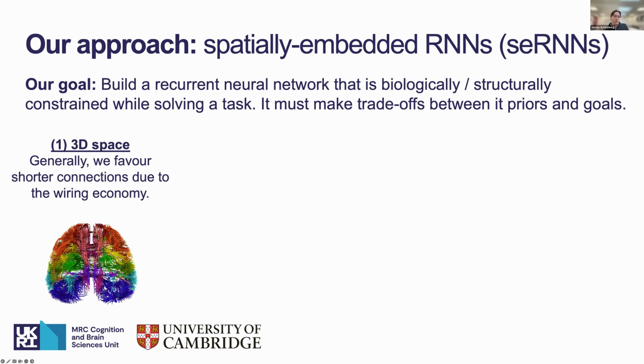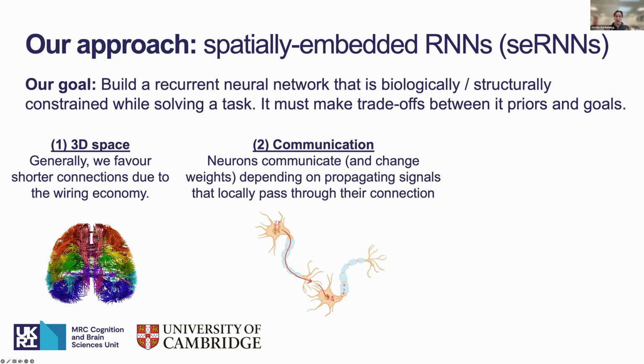The other thing is that while the brain tries to avoid the very expensive long spatial connections, it is, at the end of the day, a network which wants to communicate, right? So communication has to somehow be represented in this. While the network is trying to avoid really costly connections, it should still care about the general communicative setup of the network, right? At the end of the day, there are lots of ways of setting up a cheap network where, say, the cells only ever talk to their direct neighbors, and no long range connections are there. So you want to have this trade-off, if you want, between the 3D structural cost, but also the communicative optimization here.